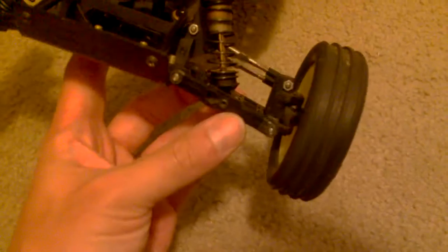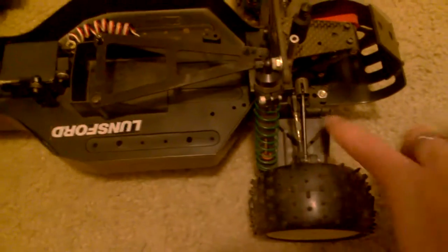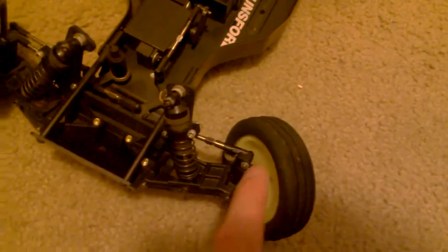The suspension arms were designed slightly differently, especially in the rear. They were reinforced a little more to give some added strength. The original World's car came with white front and rear arms. Later models came with these black arms like what you see here. I believe this car came with 30-degree caster blocks, whereas previous cars came with 25-degree. Aluminum screws all around,